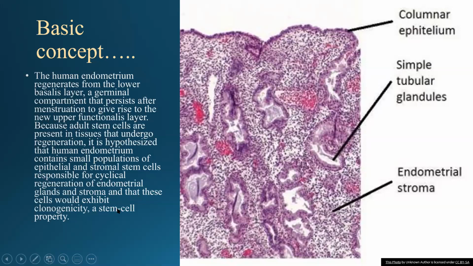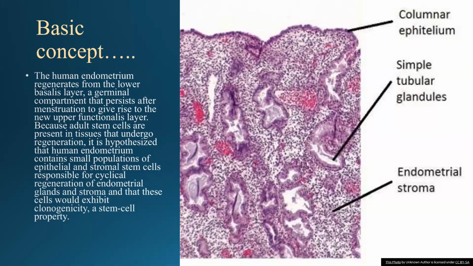clonogenicity. It means that it's a stem cell property. We know that the cells in our body differentiate according to the type of the organ, but we do have a totipotent or pluripotent cell that could differentiate into other organs. If you put endometrial cells in the myometrium, they differentiate as endometrial glands and stroma inside the myometrium, which explains the theory of adenomyosis. This picture is from the city of Toronto, I just thought to put it here for you.